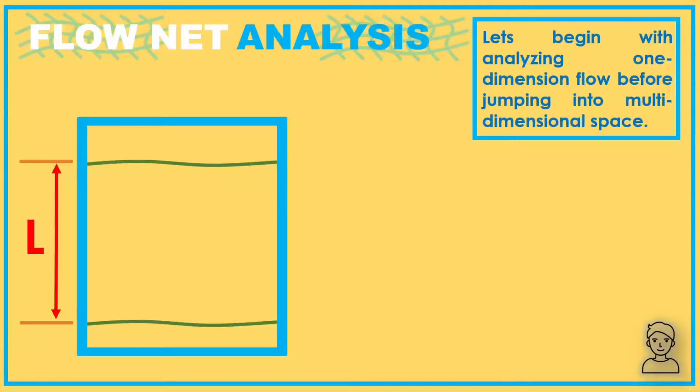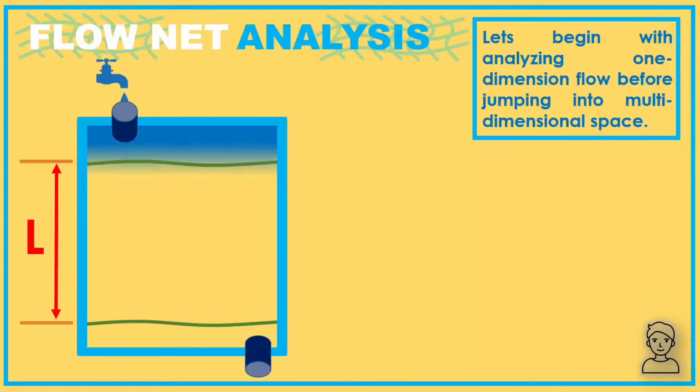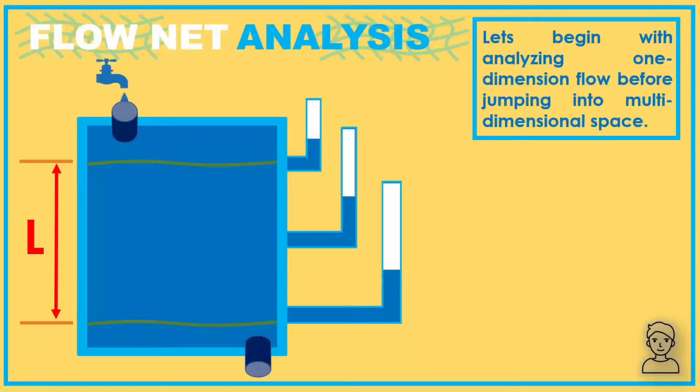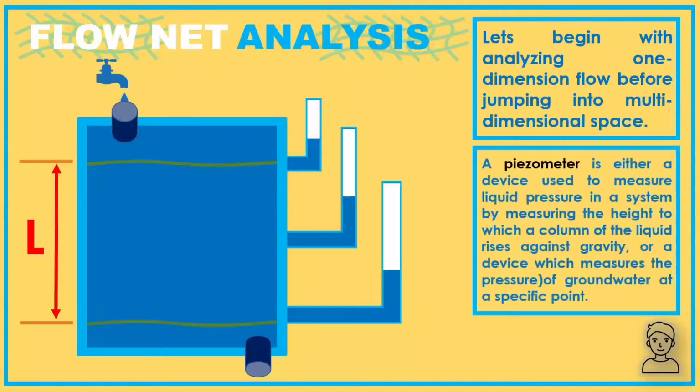We attach the top of the cylinder with a water source and let the water flow through the soil and let it exit from the bottom. We also attach a few piezometers at different depths. So for most people, piezometers is either a device used to measure a liquid pressure in a system by measuring the height to which a column of the liquid rises against gravity, or which measures the pressure of groundwater at a specific point. We can observe the flow of water occurs vertically down,